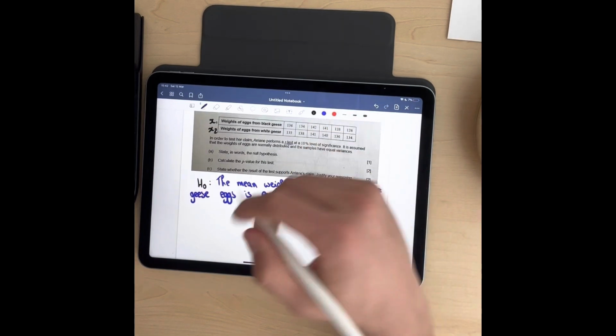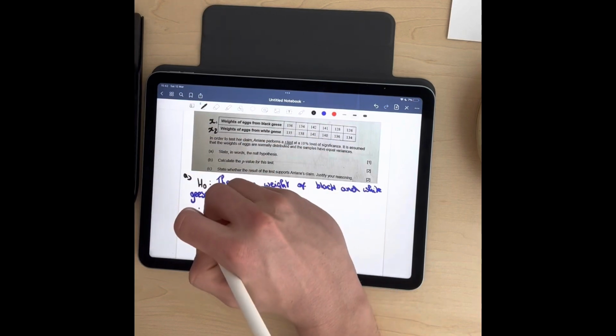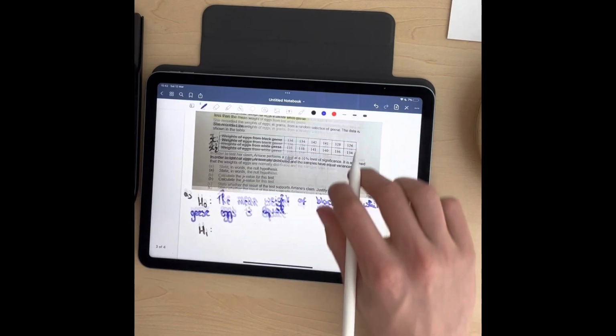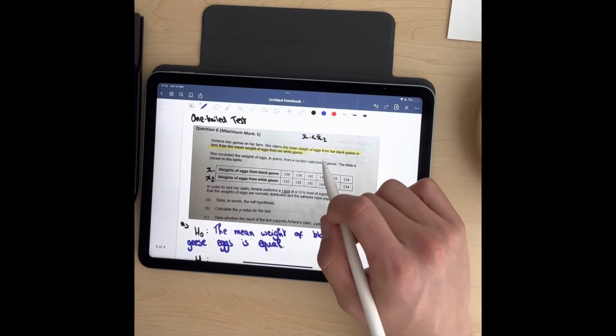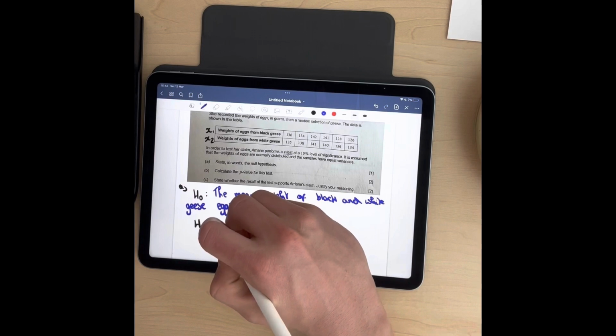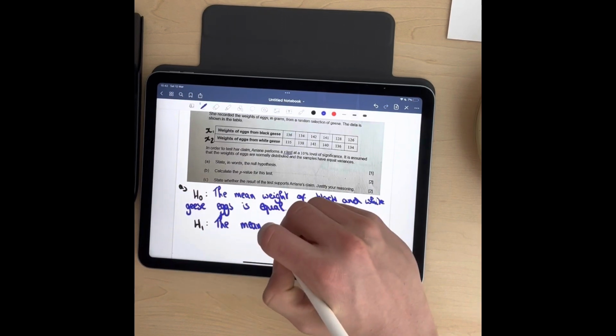Then it's not asked in the question, but we'll still do it just so we see what the alternative hypothesis is. Here we see the mean weight of eggs from the black geese is less. So the alternative hypothesis is the mean weight